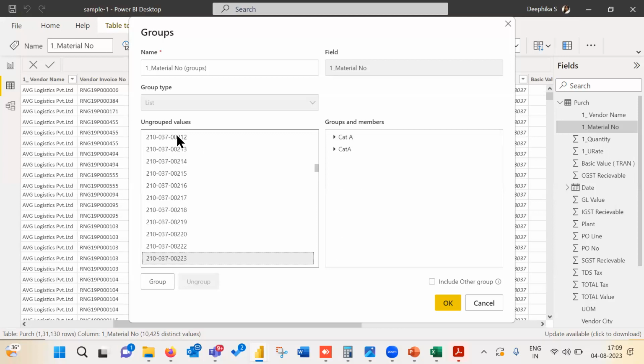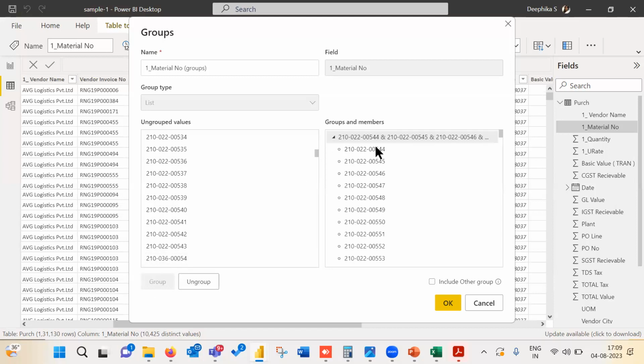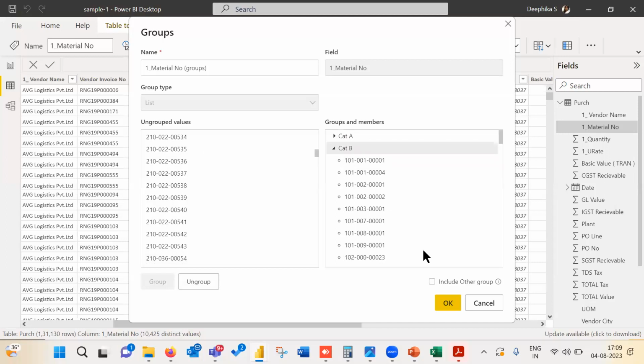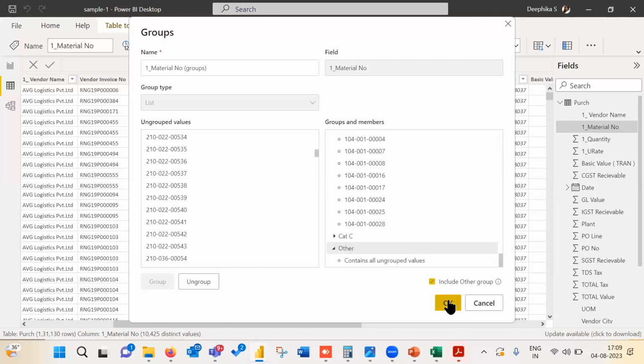For classroom purposes, I'll just double click and change to category B. All others I'm going to include in the other group.